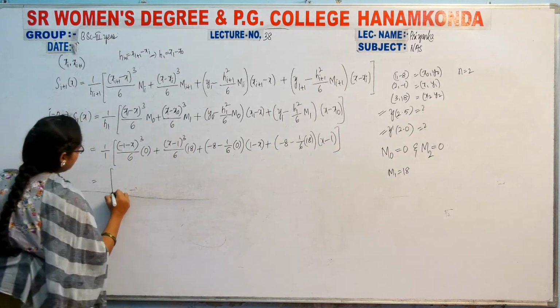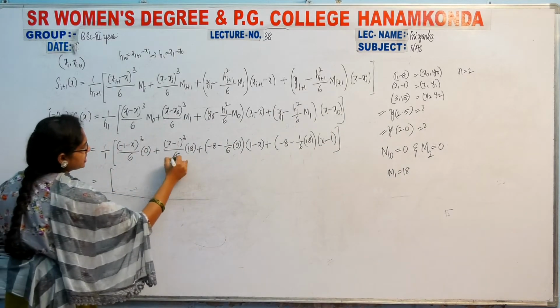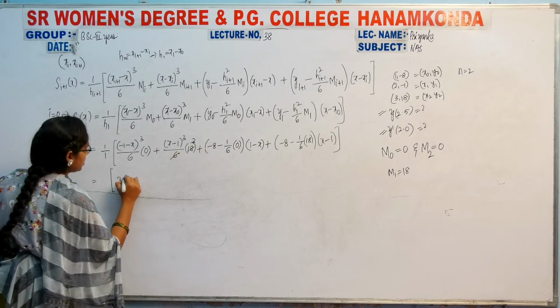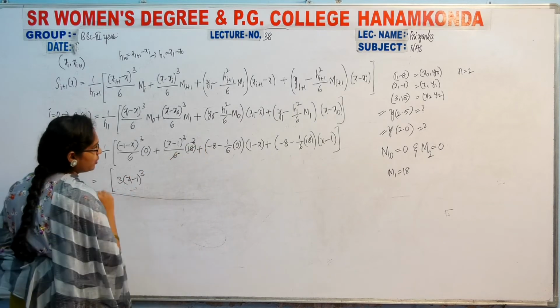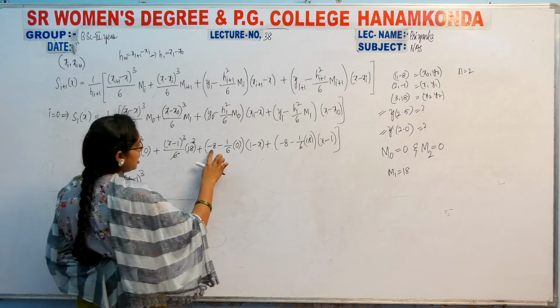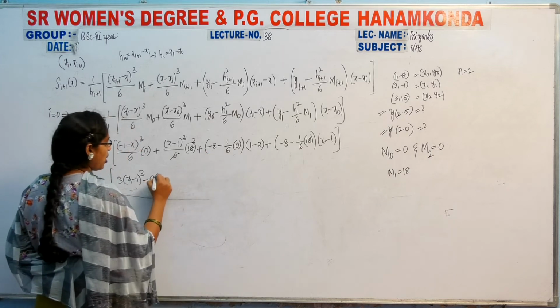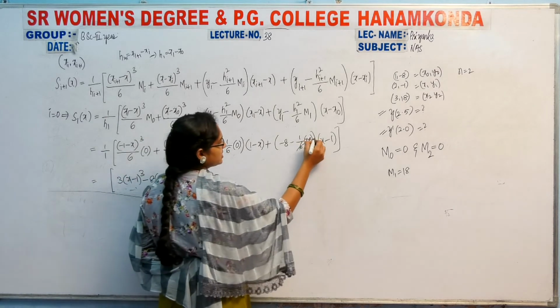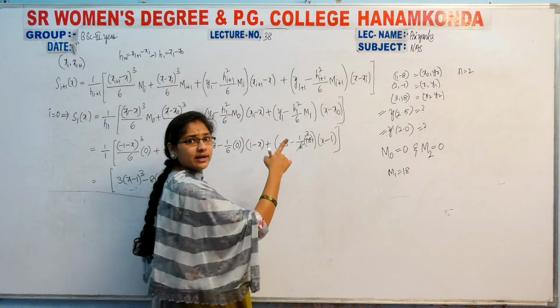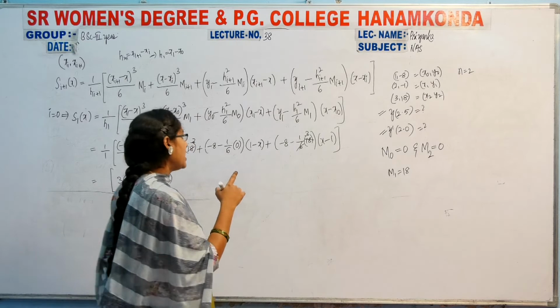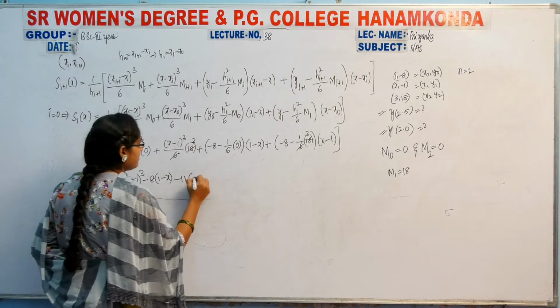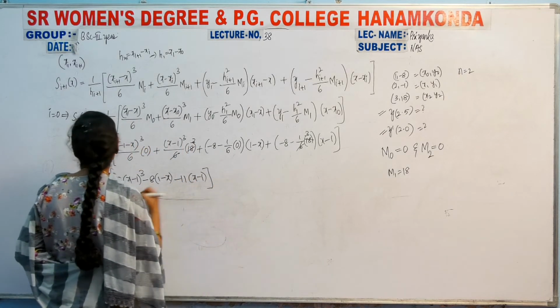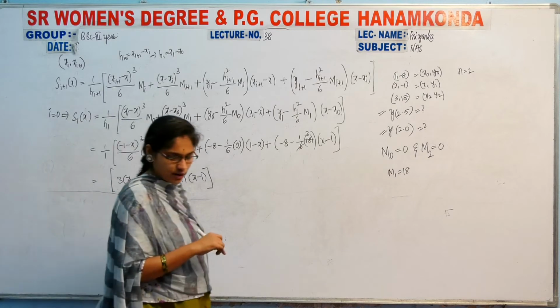Now simply here it is 0. 6 ones are 6, 6 threes are 18, so 3 of (x minus 1) whole cube. Next it is 0. Now minus 8 of (1 minus x). Next 6 ones are 6, 6 threes are 18, minus 8 minus 3, that is minus 11. Minus 11 of (x minus 1). So this is nothing but the value of the